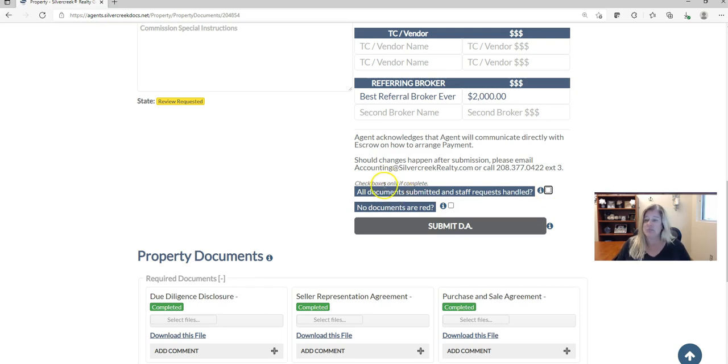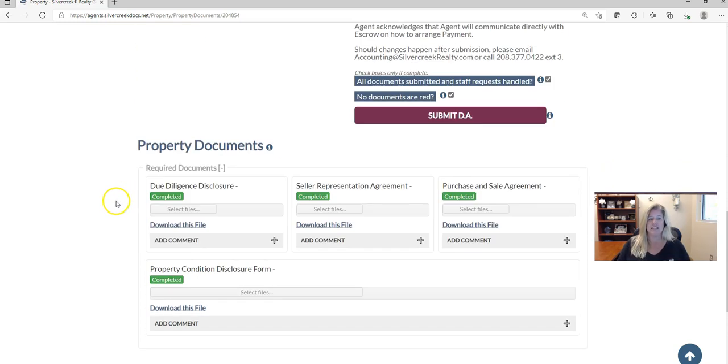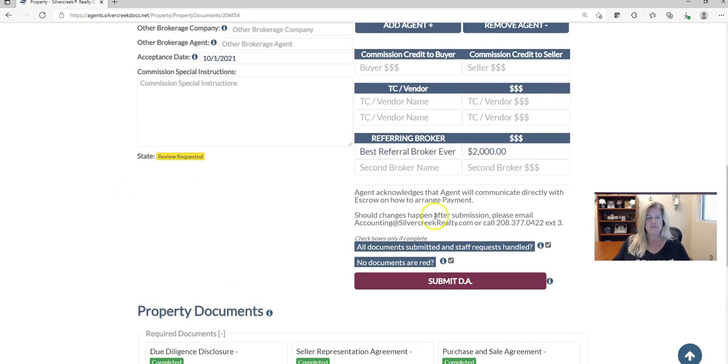The only way you can submit this DA is if all documents submitted and staff requests have been handled, so you have to check that box, and no documents below are red. They could be green because they're completed. They could be yellow because you just uploaded them, realizing you were forgetting some things. Okay, we're going to submit this DA. What happens next? It comes to me,